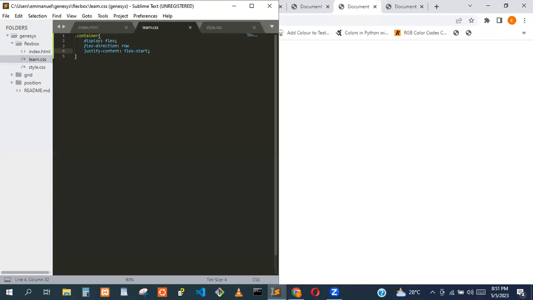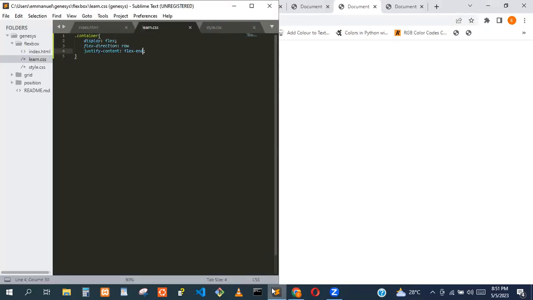It stays the same because by default it's flex start. But if we change it to flex end,